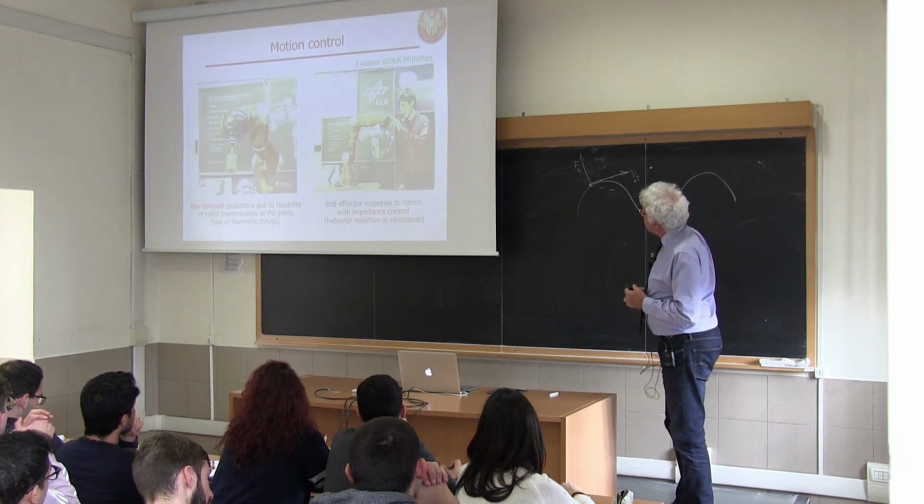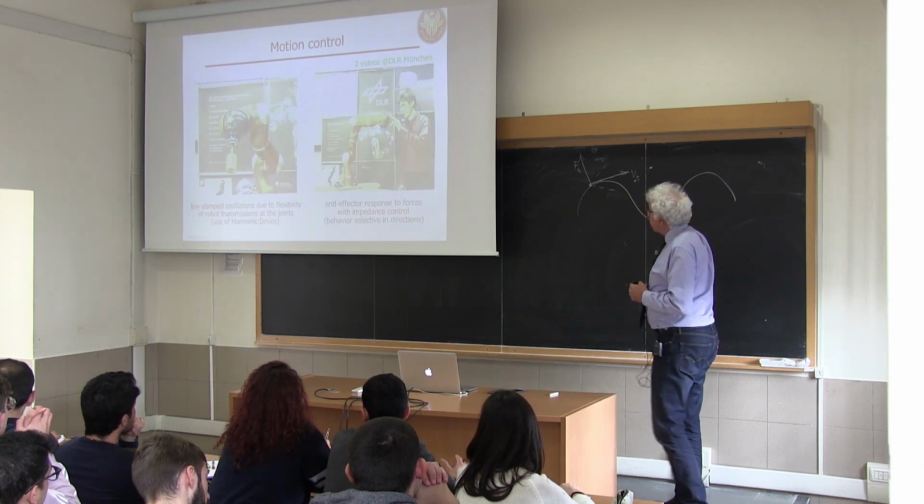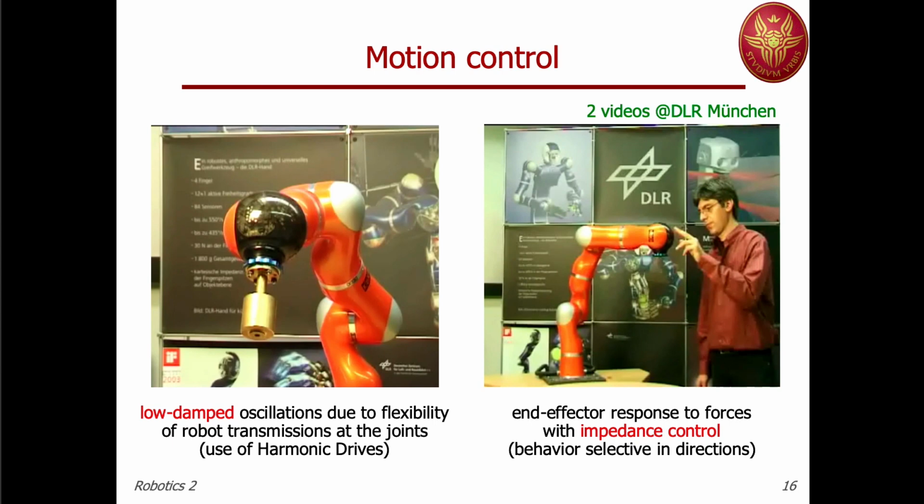Okay, the next two videos are related with motion control, in particular in the presence of elasticity in the transmission. What you see here is the ancestor of the KUKA lightweight robot. In fact, this is still the DLR-3 lightweight manipulator that developed then into the KUKA-4